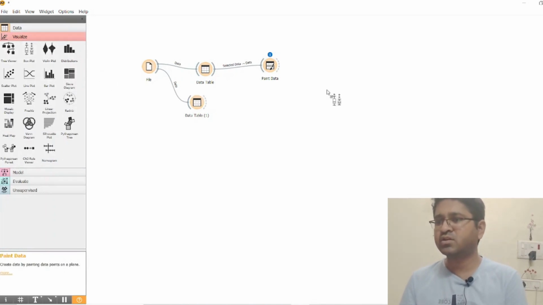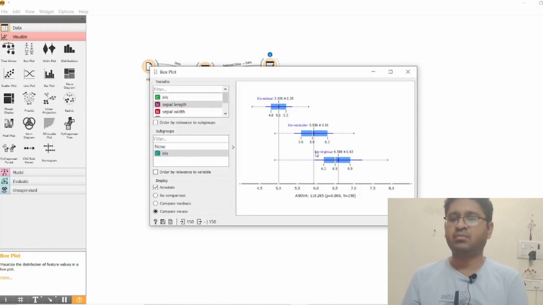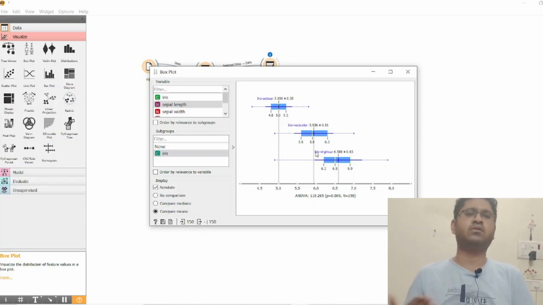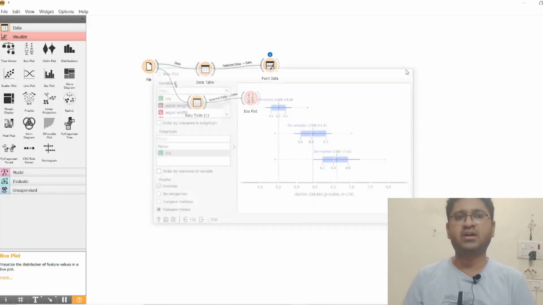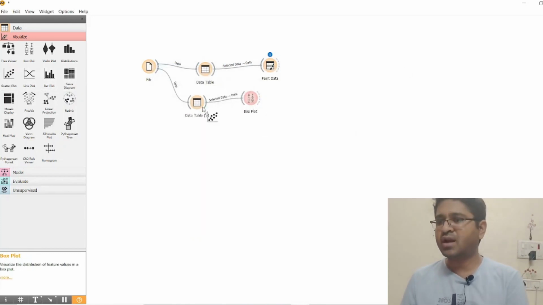What kind of visualization you want to have? This is the bar plot. Okay, so this data set is going to this bar plot, and we can have this bar plot, which previously we had to code in Python, and although Python code is not very long, this is going to have a graphical user interface.